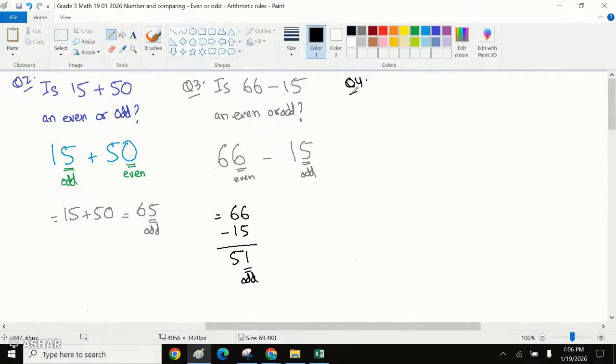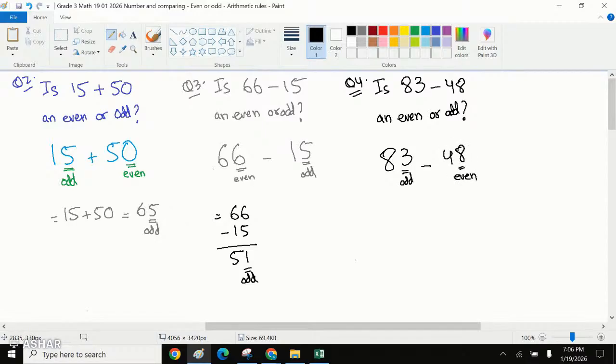For question number 4, is 83 minus 48 an even number or an odd number? 83 ends with 3, that means this is odd. Minus 48, this is even. When one number is even and one number is odd, the answer would always be,